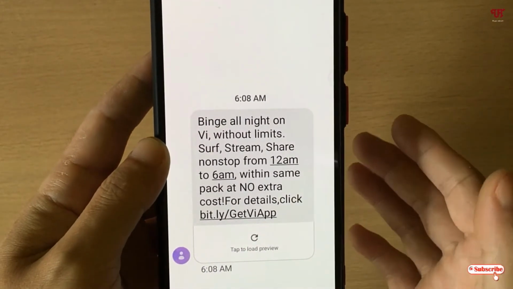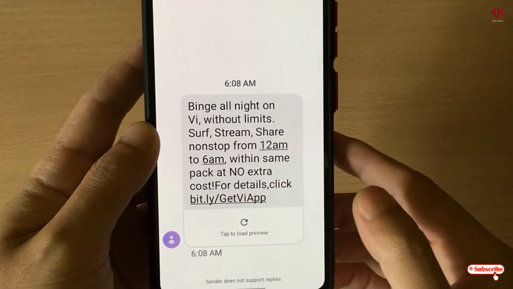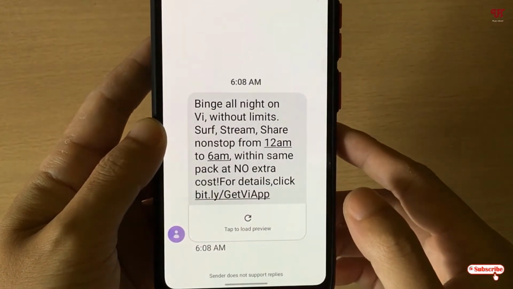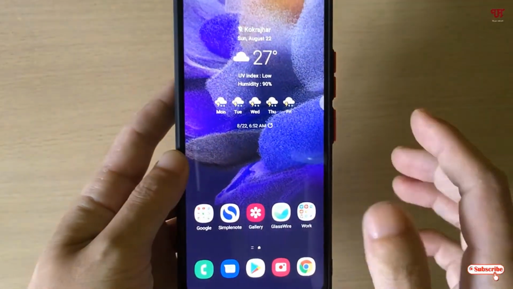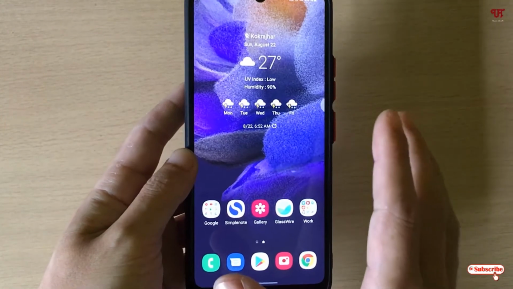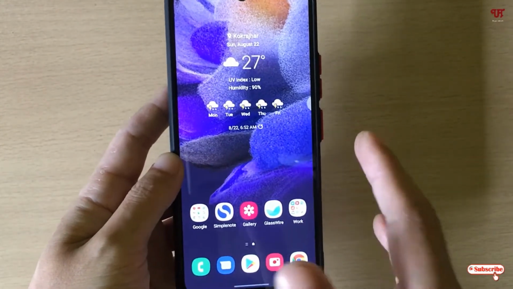So this is how you can enlarge the size of any SMS text in Google's Messages application very easily. If you never knew about this new feature added in the latest Google Messages application, then definitely you should